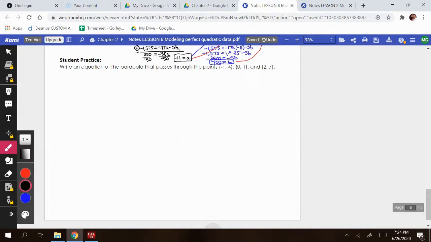Okay, the last one says write an equation of the parabola that passes through the points negative 1, 4, 0, 1, and 2, 7. Here I'm given 3 points. I do not know the vertex and I do not know the x-intercept, so I'm going to have to use a system of equations to figure out what the quadratic